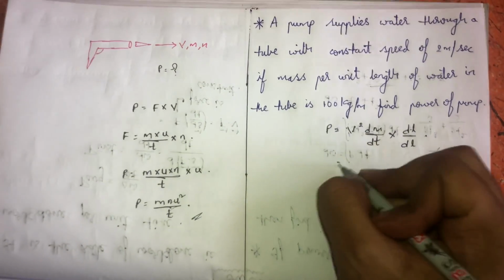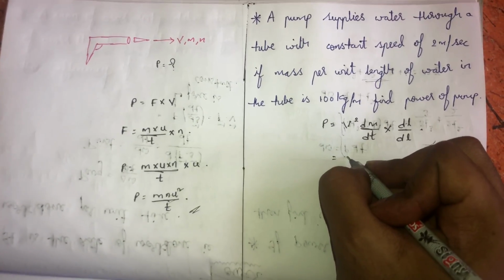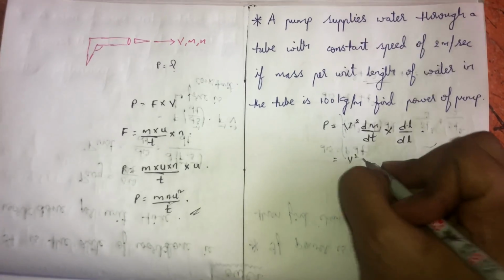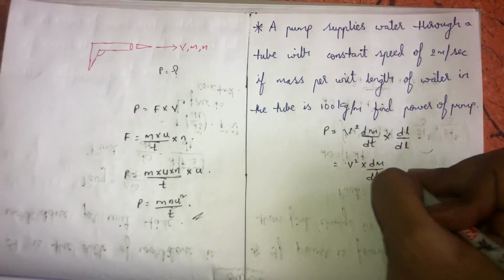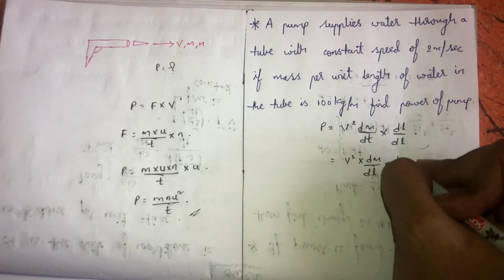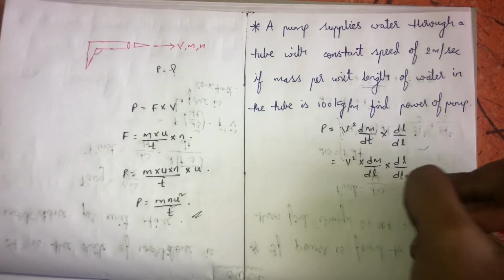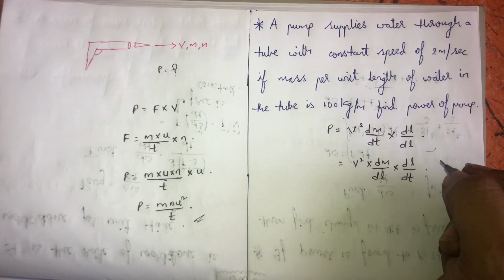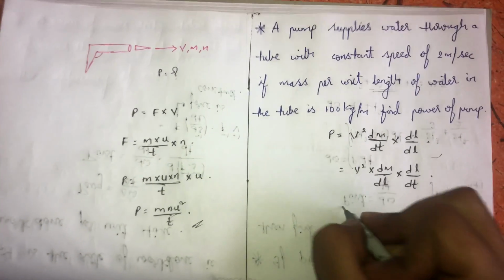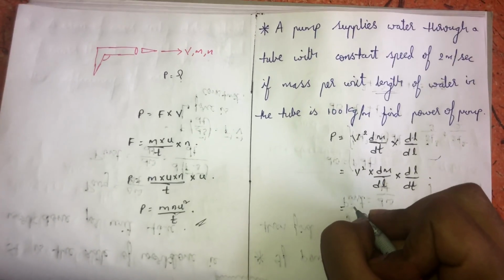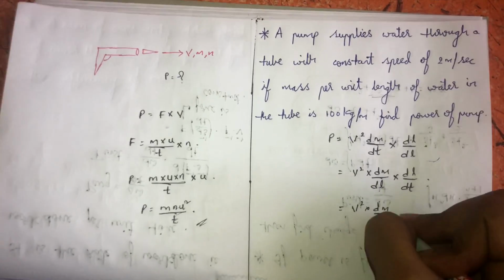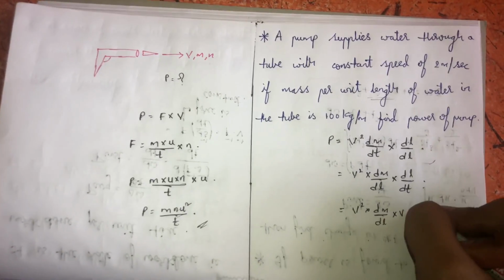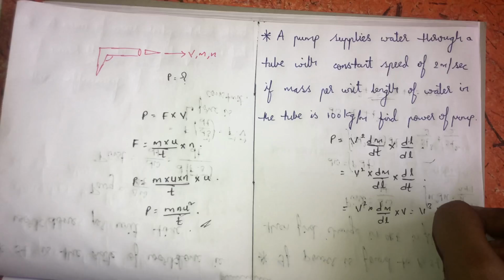So power will be equal to V square, mass per unit length dm by dl into dl by dt, where dl by dt is nothing but displacement per unit time, that will be equal to velocity v. Square dm by dl into v, that is v cube into